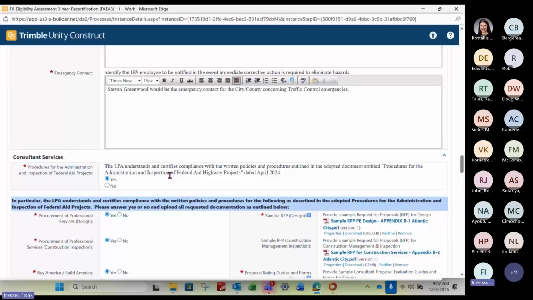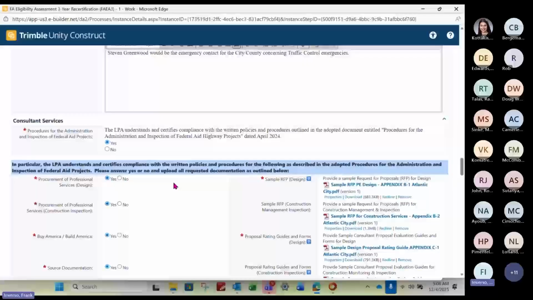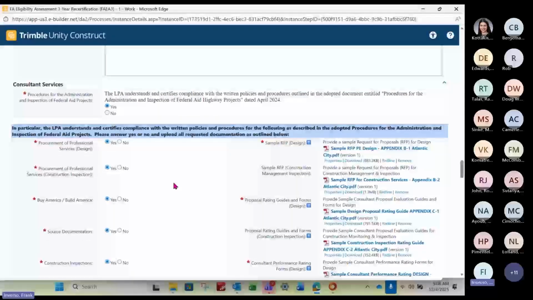The next section covers consultant services for the procedure for the administration and inspection of federal aid highway projects. So this is acknowledging that you've read and understand the procedures that are included here. And again, no changes can be made to them. If you do have any recommendations, please provide those and we will consider them. And then in particular, this models after the procedures. So you need to acknowledge